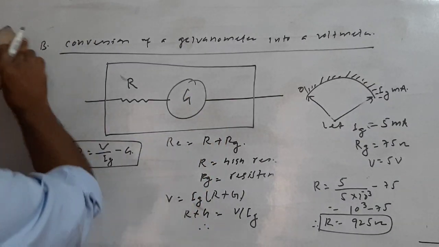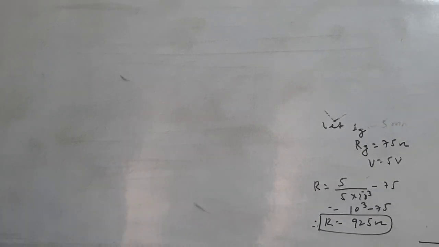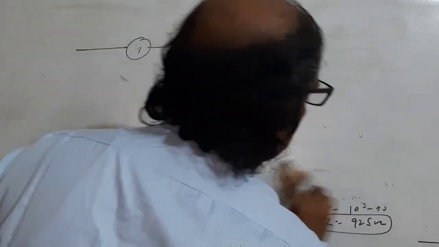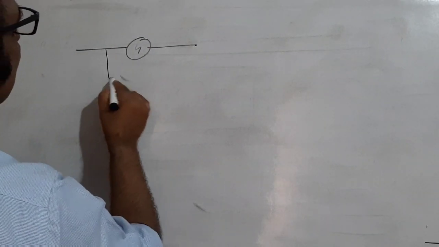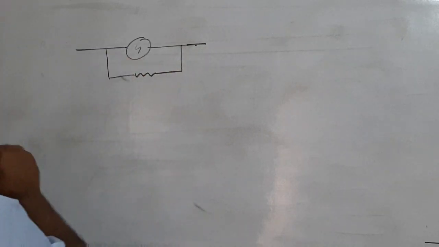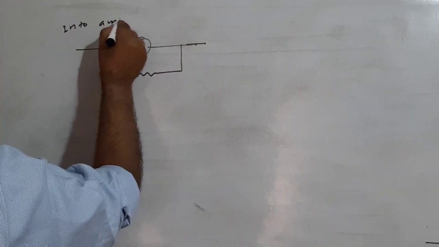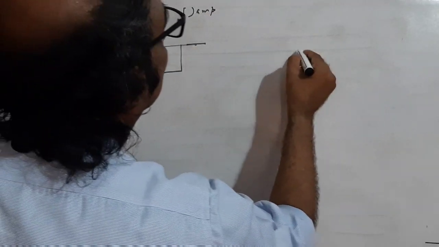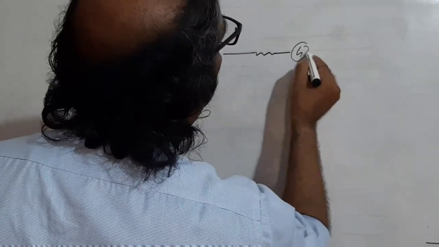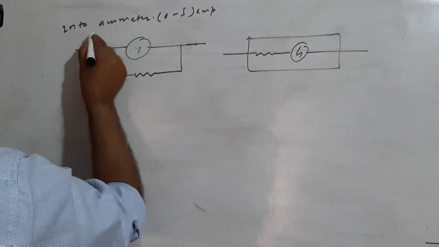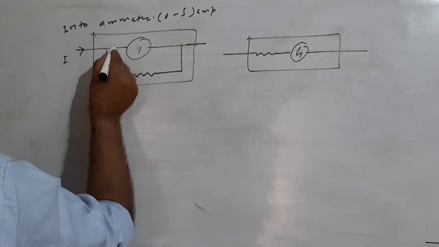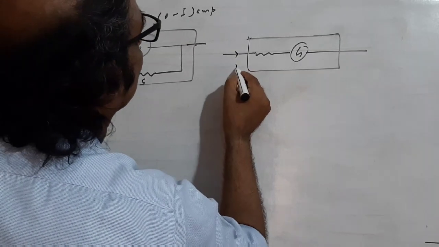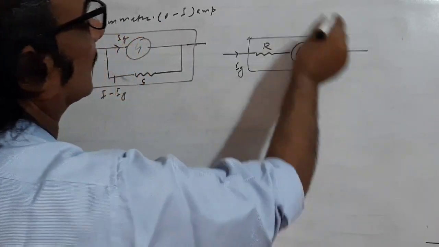So now come to the point again. When the galvanometer is converted into the ammeter of range 0 to I ampere, and here the galvanometer is converted into the voltmeter, in these two different situations, this is the current I, this one is the current Ig, this one is the current I minus Ig, this one is S; and here the current is Ig, with R and G, and now it is converted into the voltmeter.